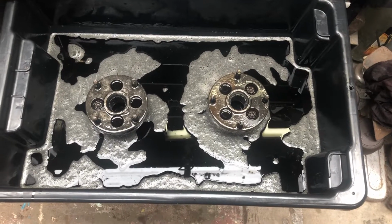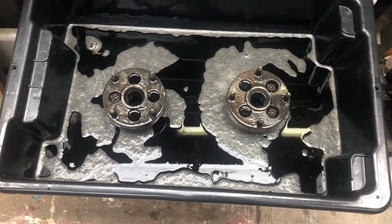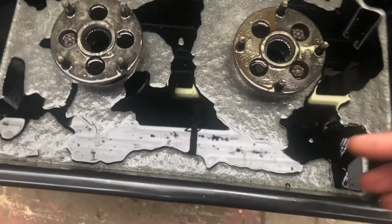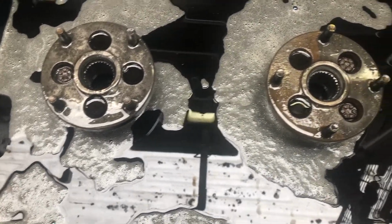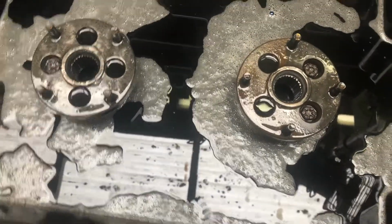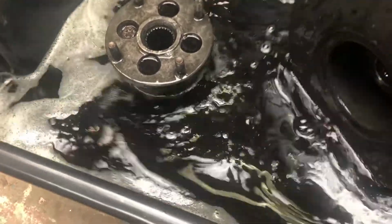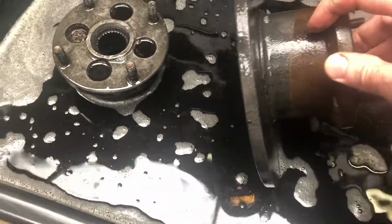Alright, well, I've had the discs sitting in the Evaporust now for about a day and a half, and I don't think I need to leave them any longer. I have been periodically flipping them over because they do need to be fully submerged to get the effect. Obviously the rust needs to be touching it to get it off, but I already know that it has done a great job because I have already flipped them a couple of times. But as you can see here, this is the area that wasn't really submerged,